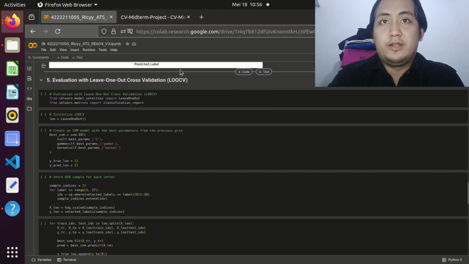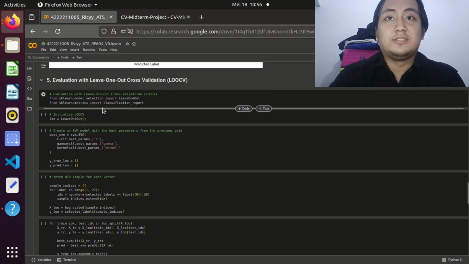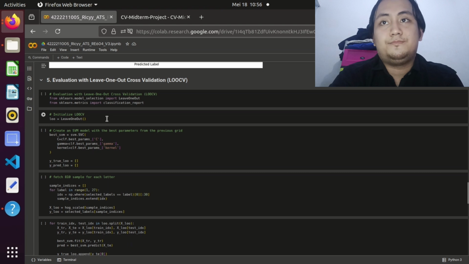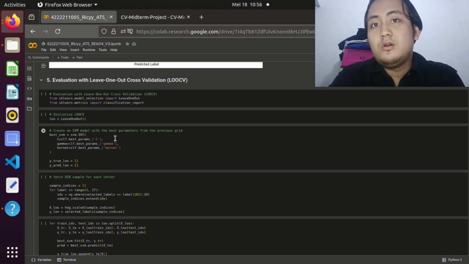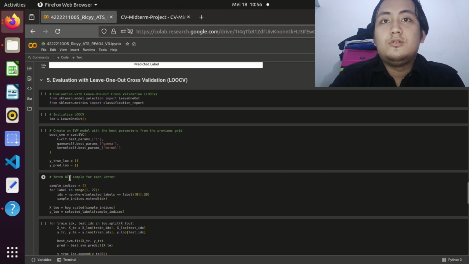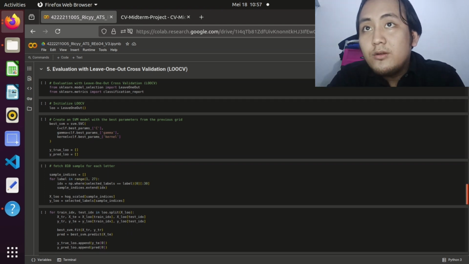Number 25 is mispredicted, and number 8 is predicted as 25. The highest score is 20 and the lowest is 9.